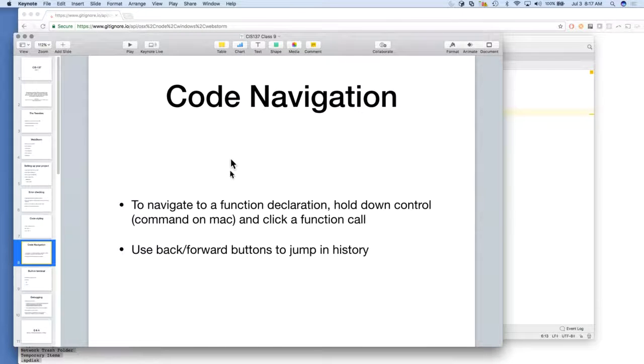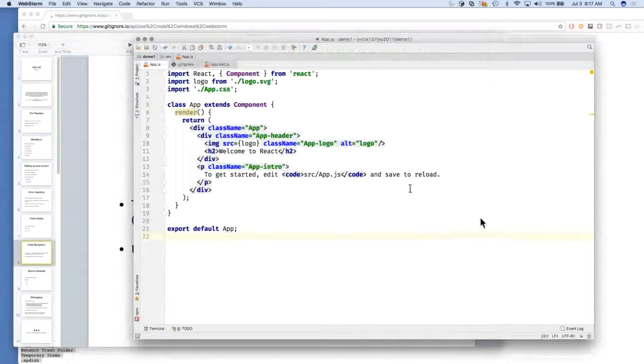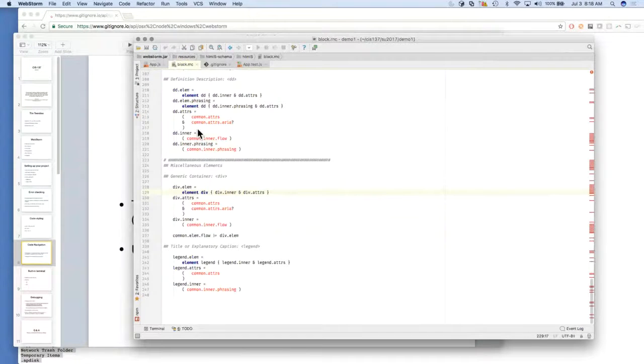Code navigation. To navigate to a function declaration, you just have to hold down Control or Command on Mac and then click on a function call. So inside of here, we could hold down Control and we can jump to whatever. So even this path up here, we can hit any of these elements. So if we hit this div element, for example, this will bring us to